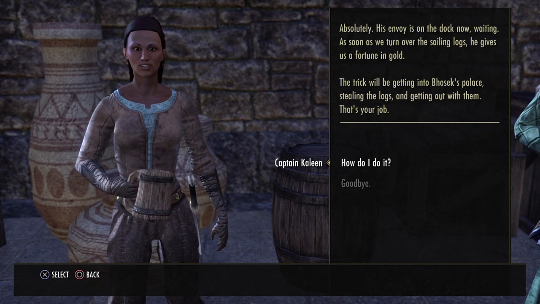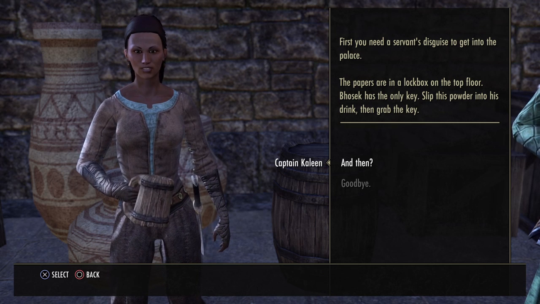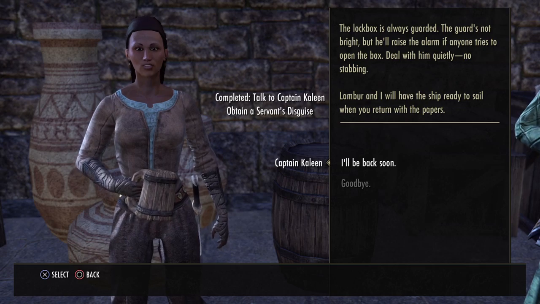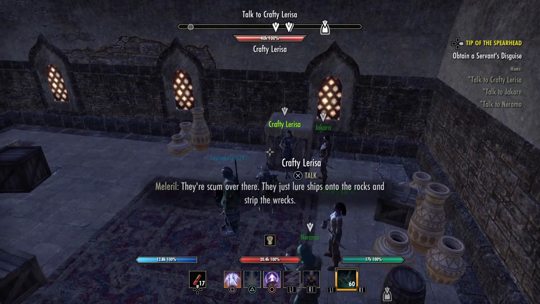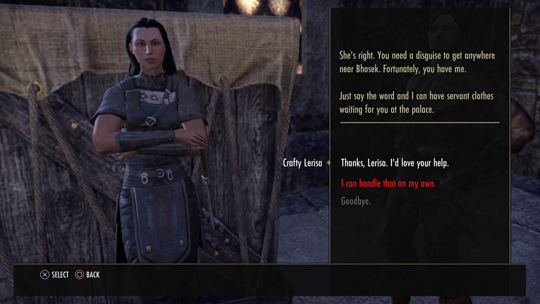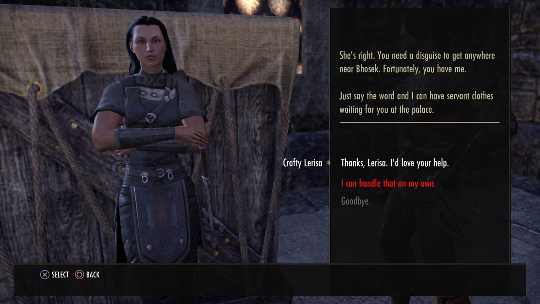The trick will be getting into Bosek's... First, you need a servant's disguise to get into the palace. The papers are in a lockbox on the... The lockbox is always guarded. The guards... Quite the motley crew, aren't we? She's right. You need a disguise to get anywhere near Bosek. Fortunately, you have me. Just say the...